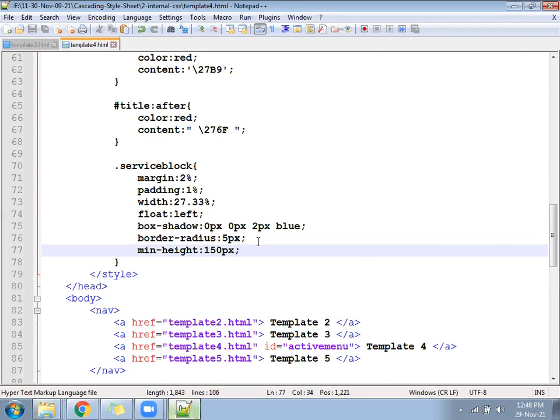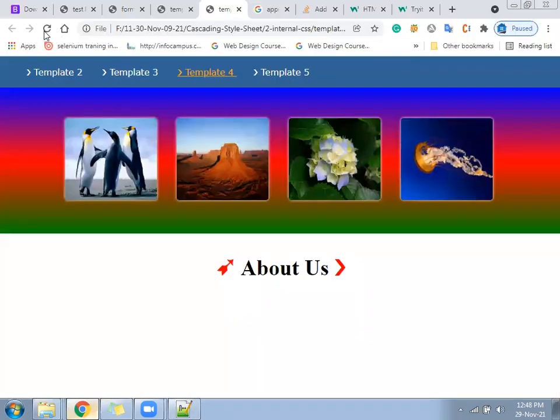Check now. One division is showing properly. Background we have not added, only the box shadow should come.